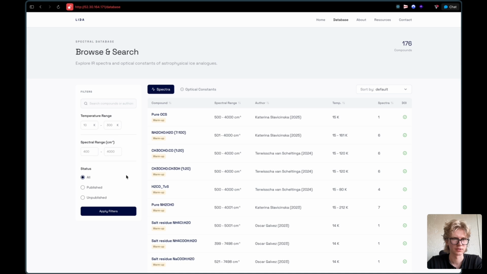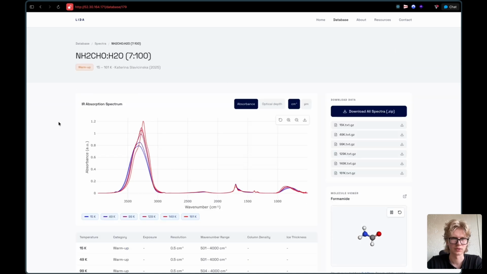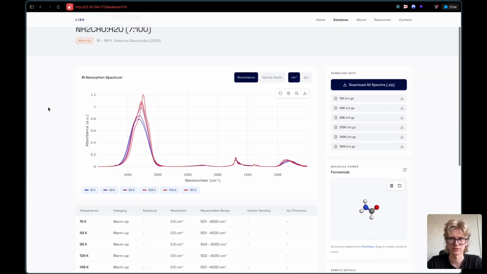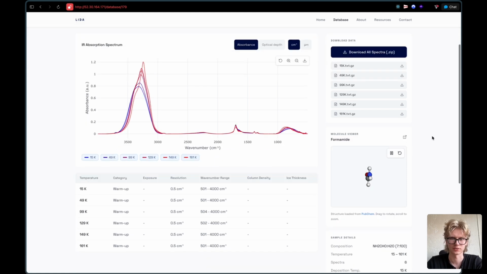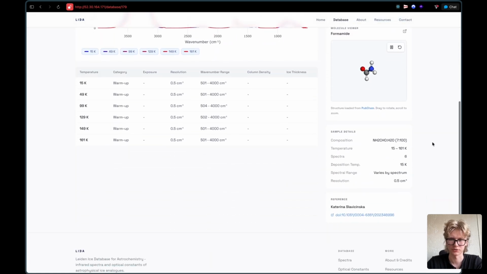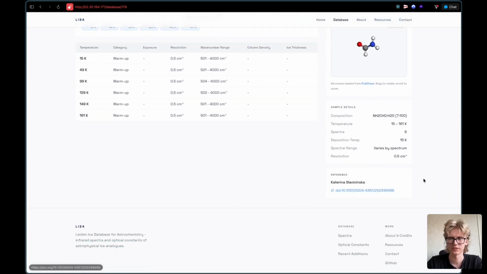We have some filters on the left side. Let's say we go into one of them. We can see its spectrum. We can see the molecule viewer here on the right side. We can also download the needed files and use them later for research or exploration or a presentation to the